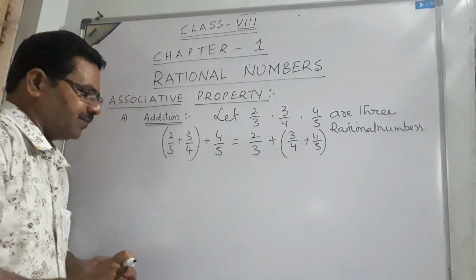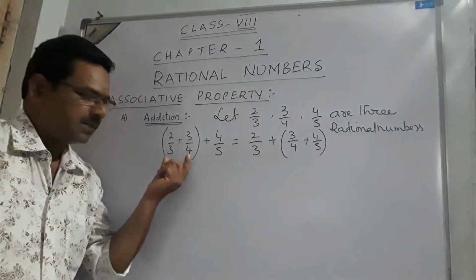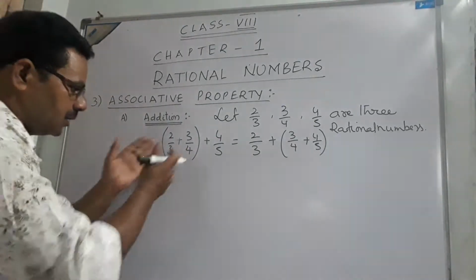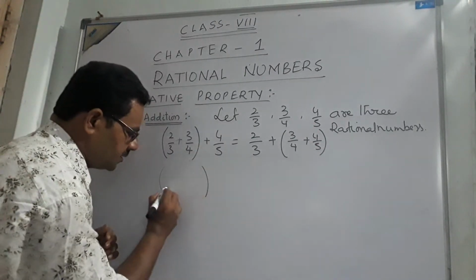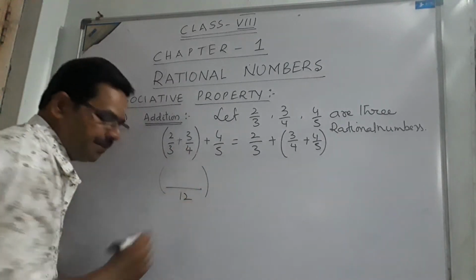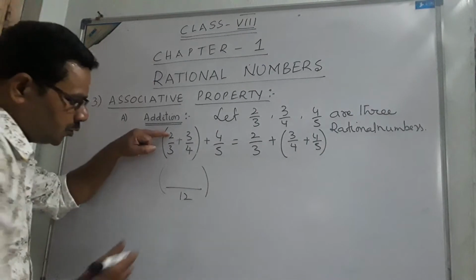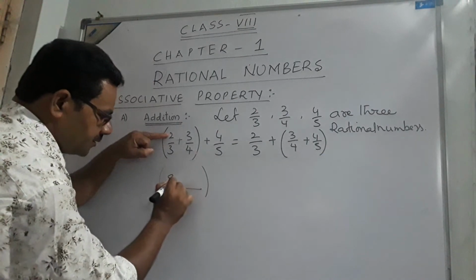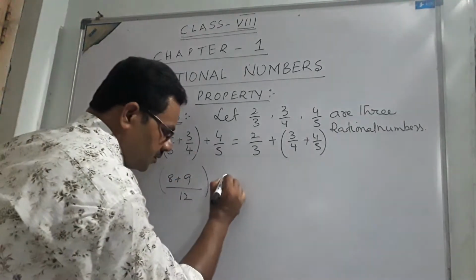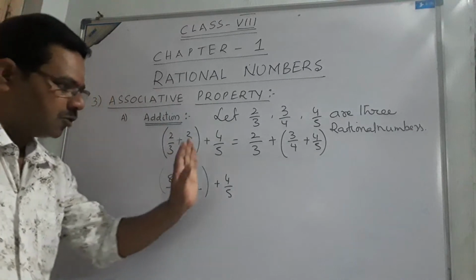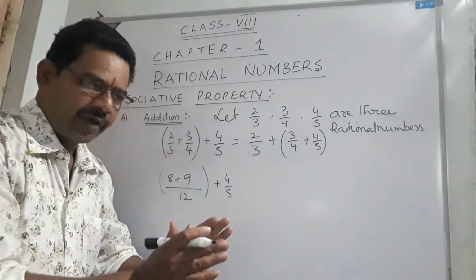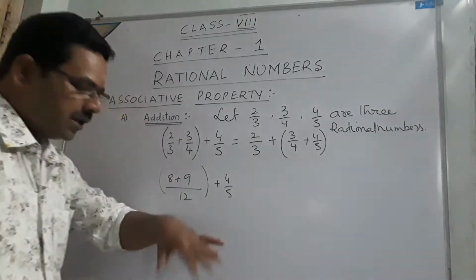So first we shall see. Already we have done a plus b, that means 2 by 3 plus 3 by 4, in the closure property and commutative property. Like that, first solve this bracket. 2 by 3 plus 3 by 4, addition of two fractions. 3 4s are 12, 12 is the LCM. 3 4s are 12, so 2 4s are 8. 4 3s are 12, 3 3s are 9. Plus 4 by 5. For this we make it into two parts. The left hand side we first solve, get the answer, keep it somewhere, and then do the right hand side. Then we shall check.